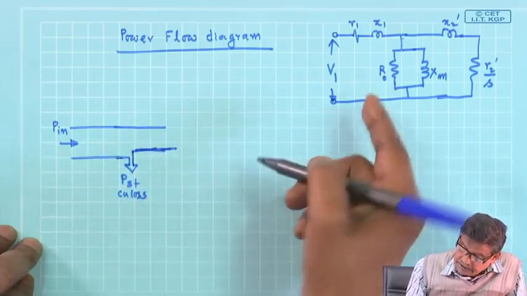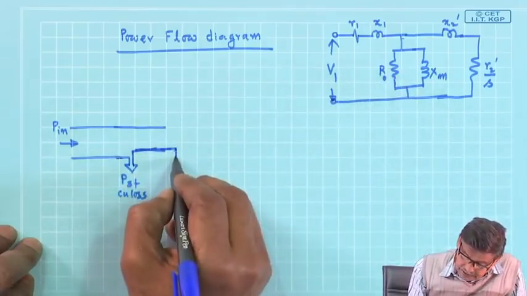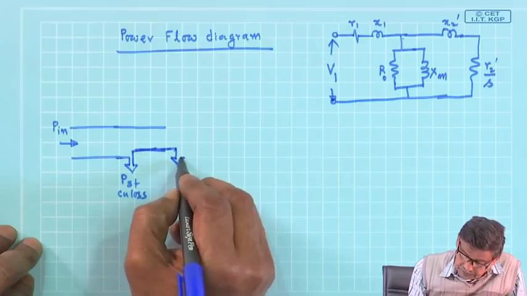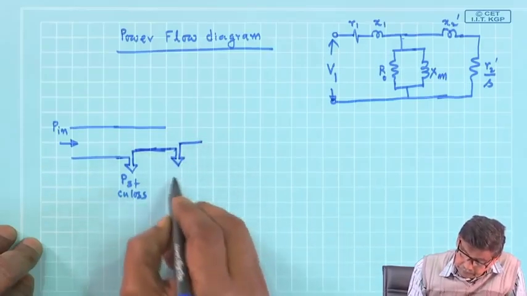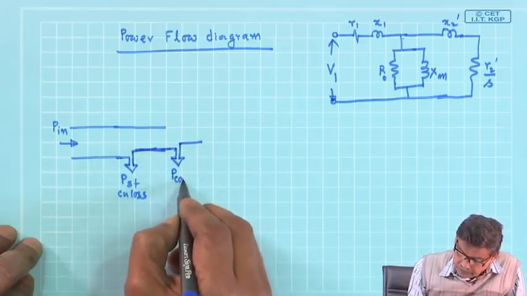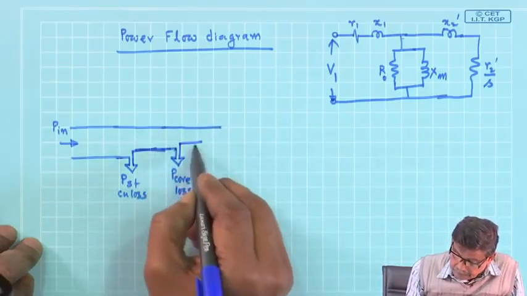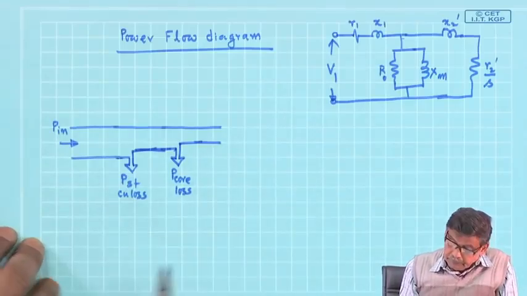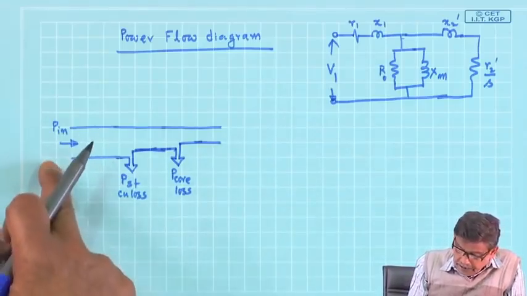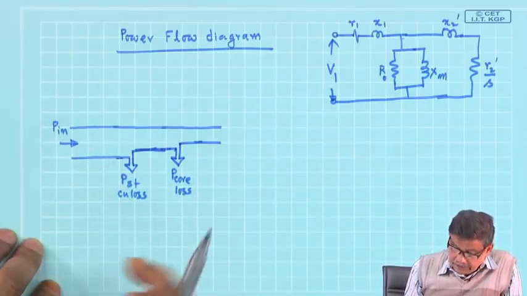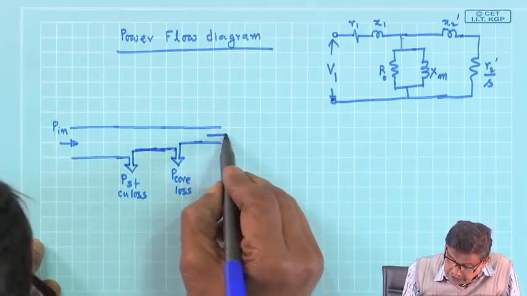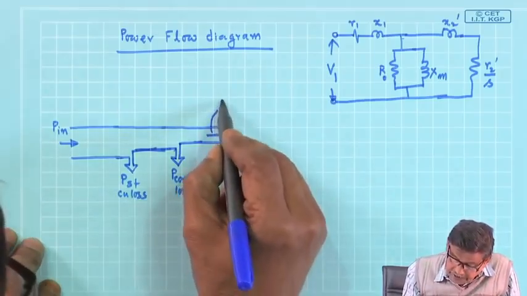Then you see there is eddy current loss, P core loss. Therefore, P in minus the stator losses, and then whatever power is here, that is PAG,